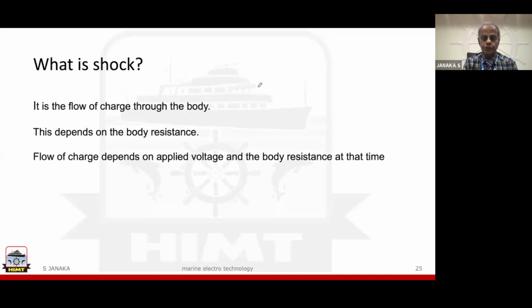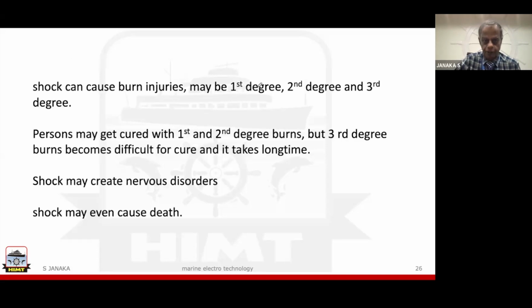If a person is frequently going to the gym and building up the body, his body resistance will be quite high compared to a lethargic person who is not doing much exercise. Again, the body resistance depends upon the condition of the body. A humid body will have less resistance compared to a dry body. So, body resistance may vary depending upon the situation. Accordingly, the shock effect also may vary according to time.